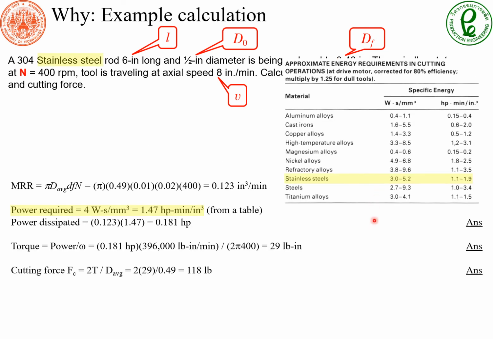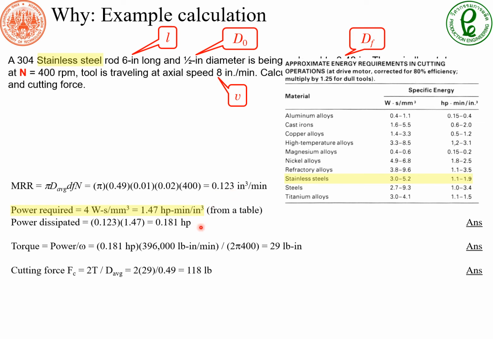As we want to calculate the power required, let's take note of the specific cutting energy. We look at the table, and here for stainless steel, let us make an assumption that the specific cutting energy for stainless steel is 1.47 horsepower minute per cubic inch. That can be converted by multiplying with the MRR. So the power required to remove this amount of material, 0.123 cubic inches per minute,